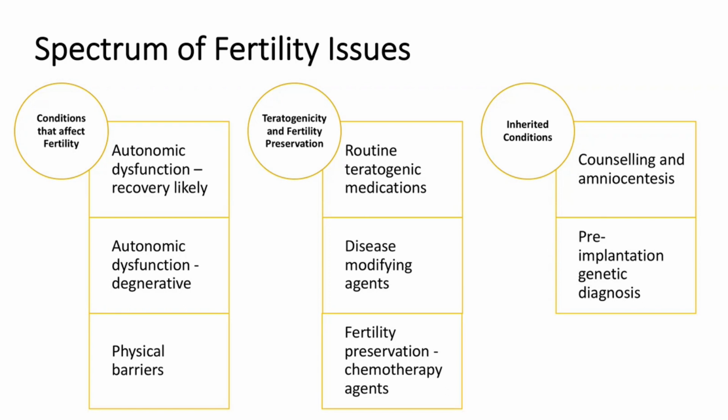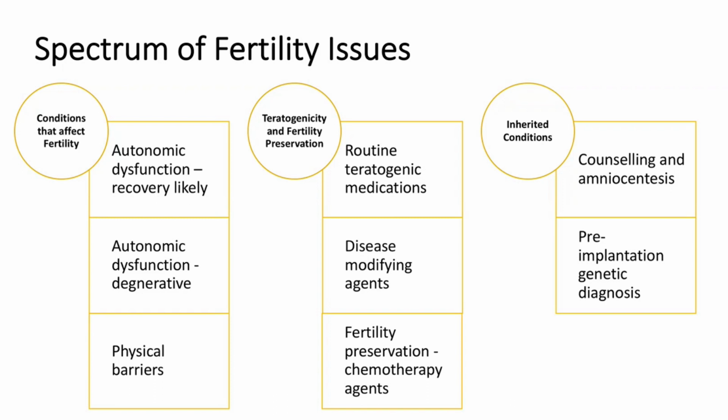Disease modifying agents, and the thing that came to mind with this was disease modifying treatments for multiple sclerosis, which either affect fertility or are teratogenic and require patients either to avoid conception or to delay. And fertility preservation, which I'll come back to, and this is in the context of certain chemotherapy agents that we use in neurology. And finally, there's fertility with regards to inherited conditions in neurology, which is